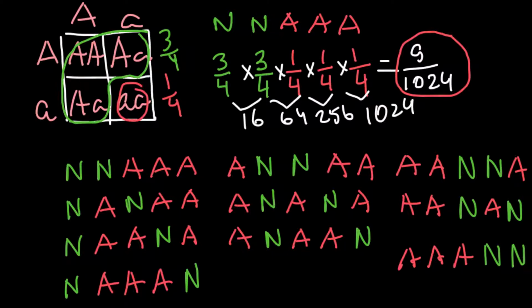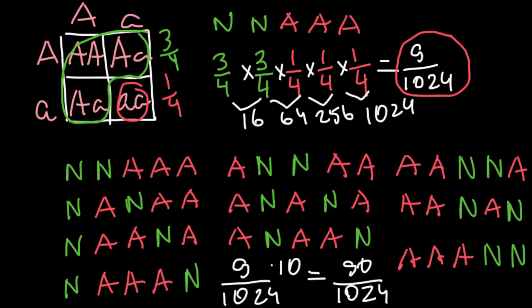So if we know that probability when 2 children would be normal and 3 would have affected phenotype would be 9 out of 1024, no matter if the sequence or order of these events would be different, still we would have the same number. If we move the 3 quarters here and put 1 quarter, for example, here, it doesn't affect our probability. So all these variants would have the same probability. So we have to multiply 9 over 1024 by 10. And our answer would be 90 out of